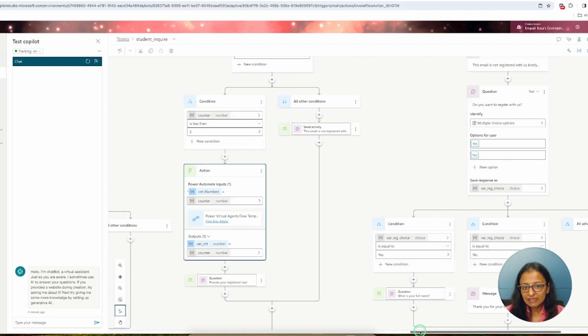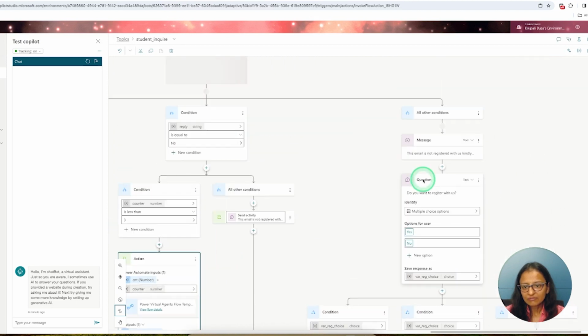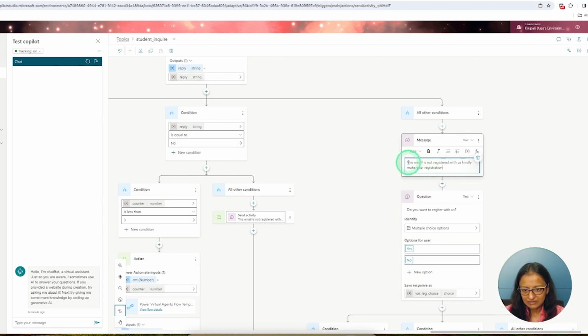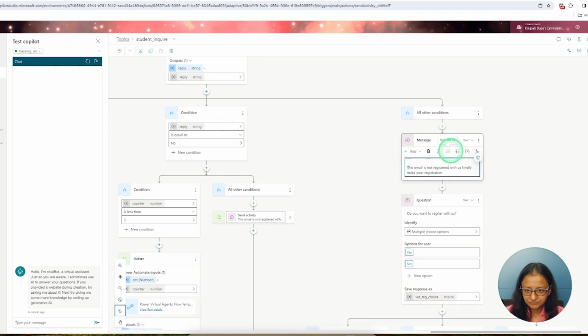And let's say the student entered the incorrect email ID 3 times, then what will happen? So we are altering the message: you entered incorrect email ID 3 times.